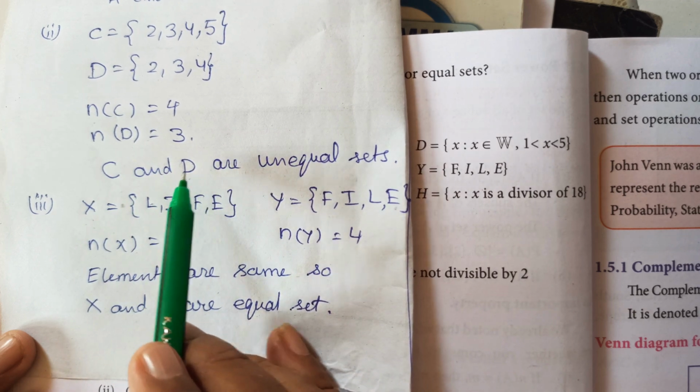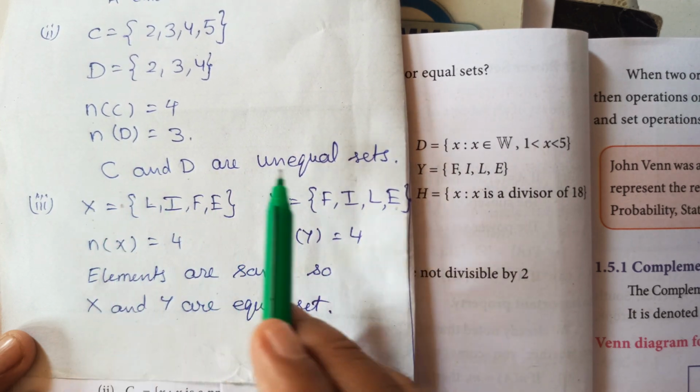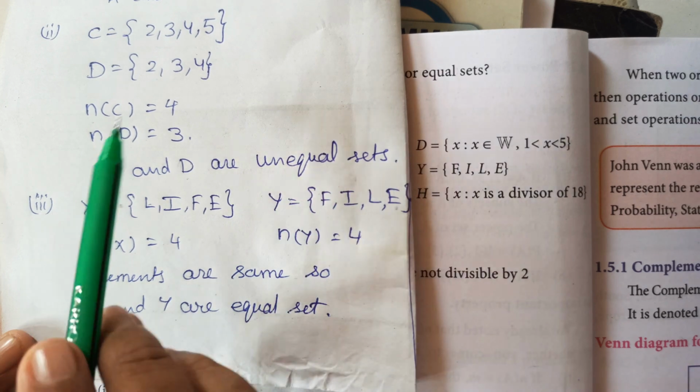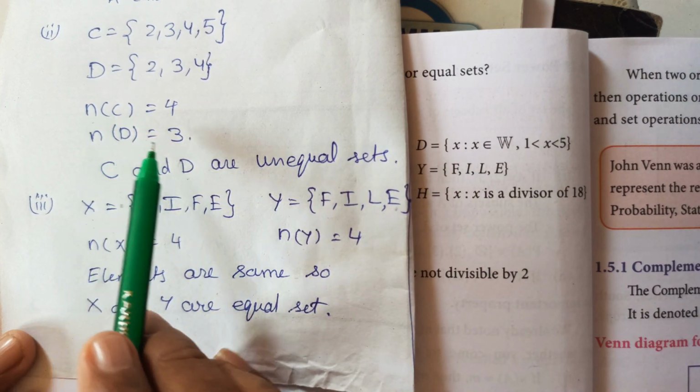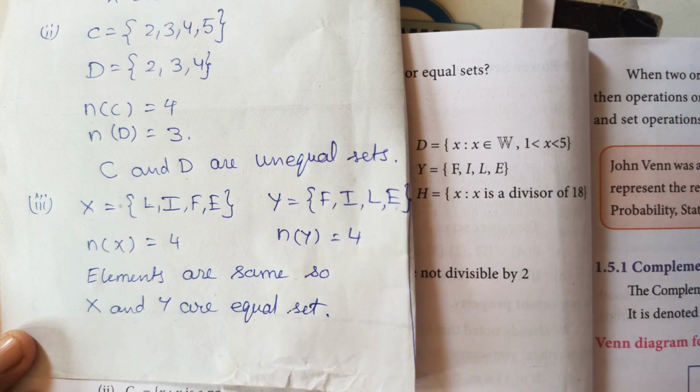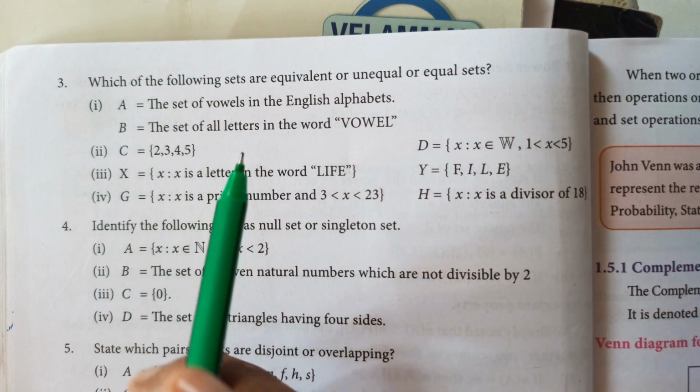C and D are unequal, therefore they are unequal sets. The cardinal number of C is 4, the cardinal number of D is 3. They are not equal, they are unequal sets. Okay. Next we come to question number